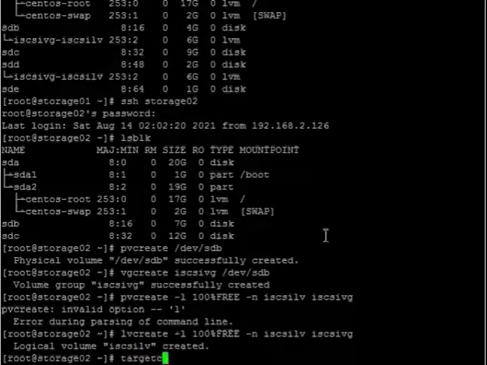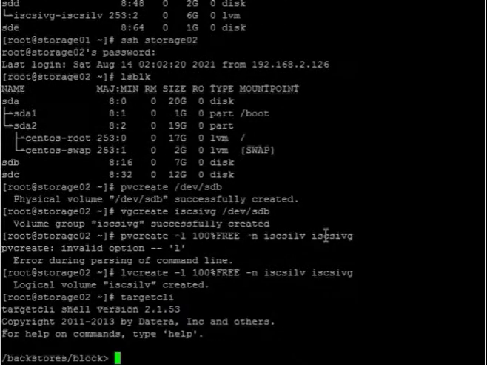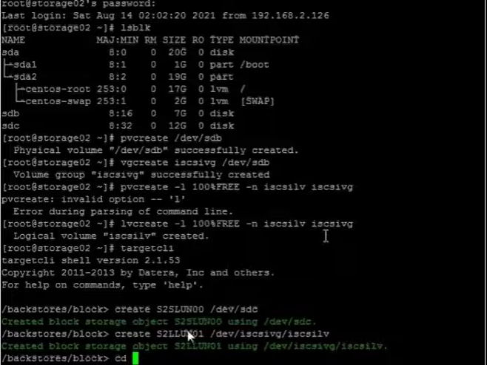So we will use the same thing. First we have created the LVM. Now we are on the targetcli utility, and we will create a backstore block device. Here we have created the backstore block device.